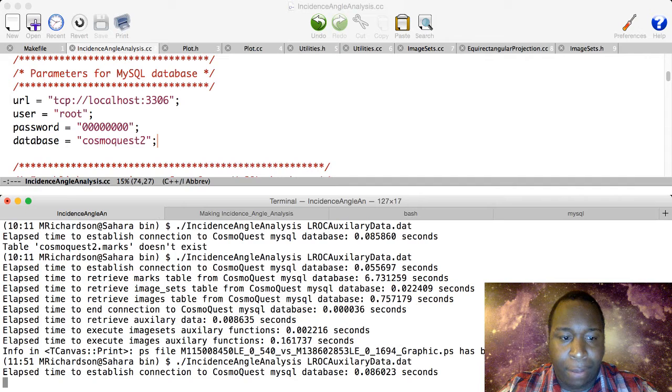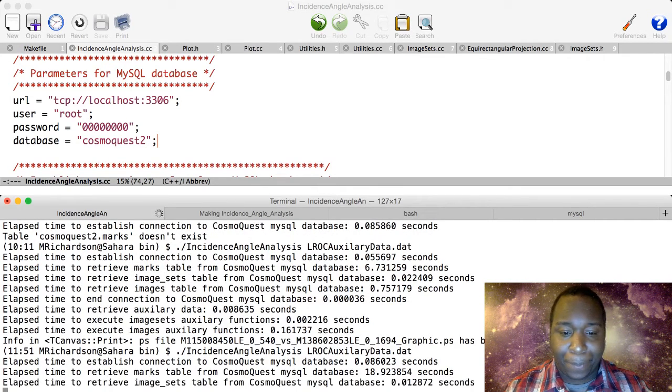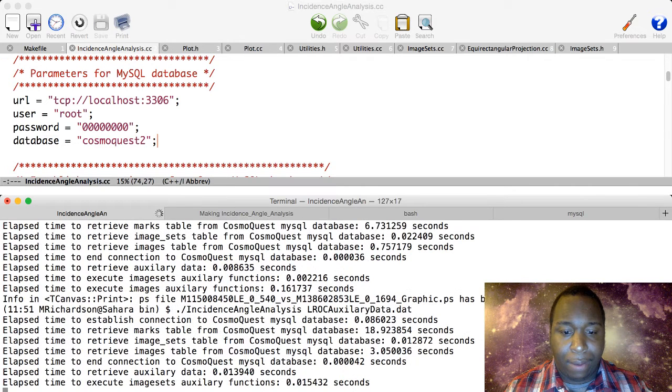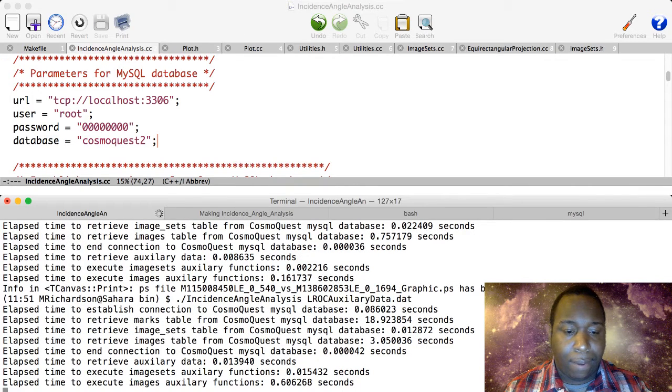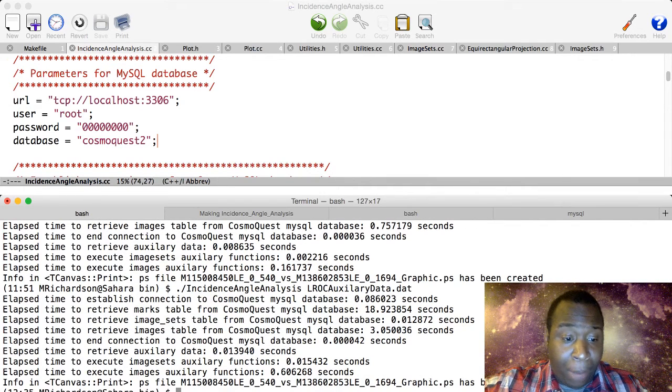And it'll take a little bit of time to run because I have a lot of applications open. So we'll have to just be a little bit patient. All right, first output. So basically what I'm outputting now to a PostScript file are representations of two sub-images that